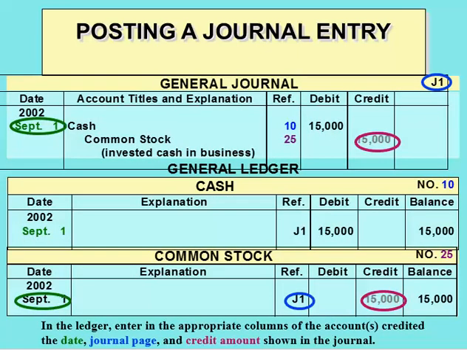Then we'll do the same thing for the credit, which is common stock. We'll find the common stock ledger account. We're going to record the date and carry that down. Take the credit and we'll record it as a credit, the same amount in our common stock. Calculate a new balance. Again, don't forget we need to take that page number and write it in that reference column on our ledger. Then we will take the account number and write that in the general journal,